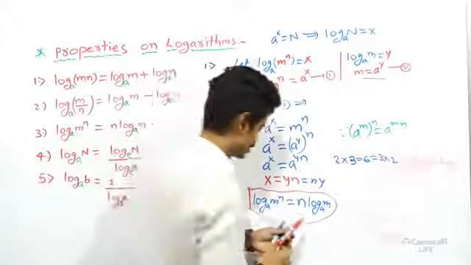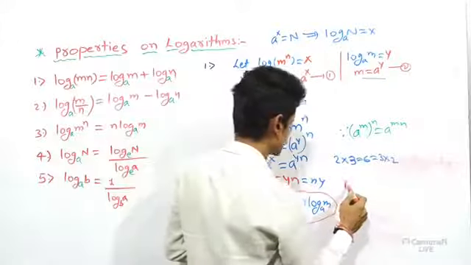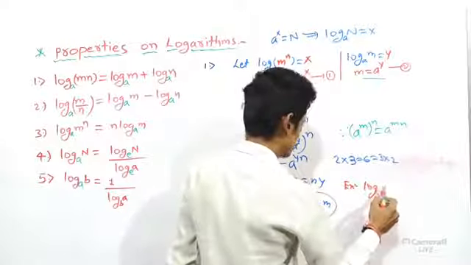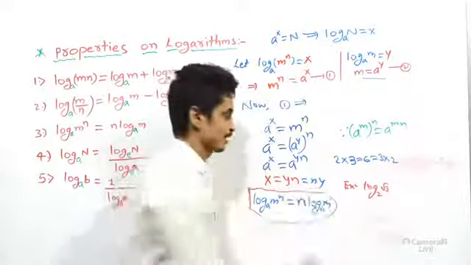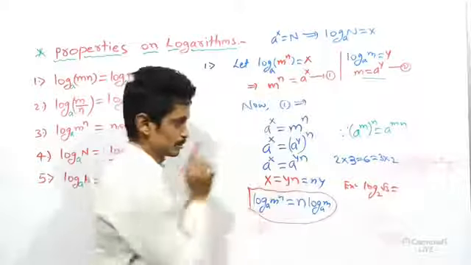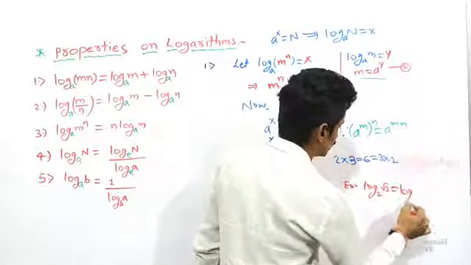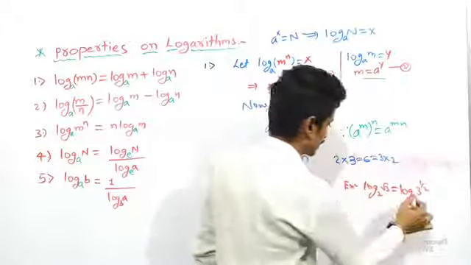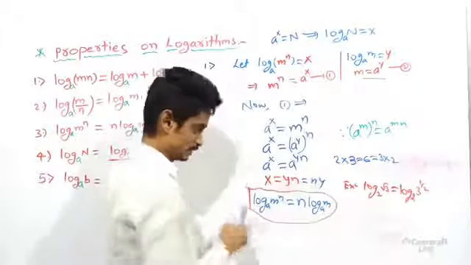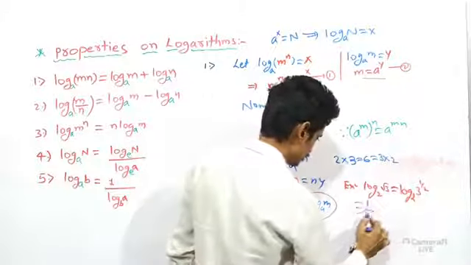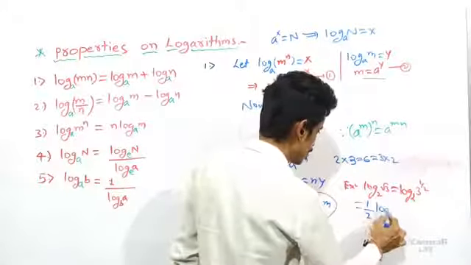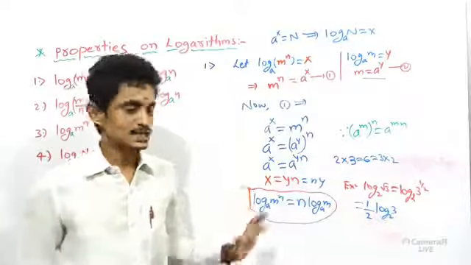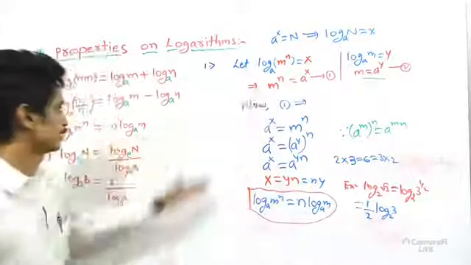When we have questions like, for example, log 2 base, for example, root 3, I will write simply. Now, how to express according to this rule? That is log of 3 root 3. Root 3 is nothing but in index form 3 power 1 by 2. Write the base as it is. Now, applying this form, that will give us 1 divided by 2 times log 3 base 2. Like this, we can express our required result. Look at the property number 3.